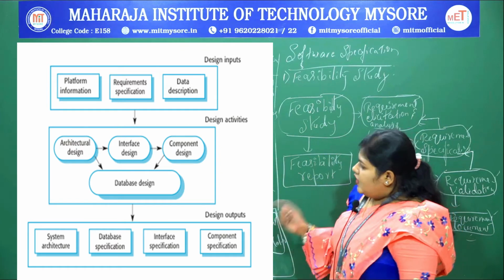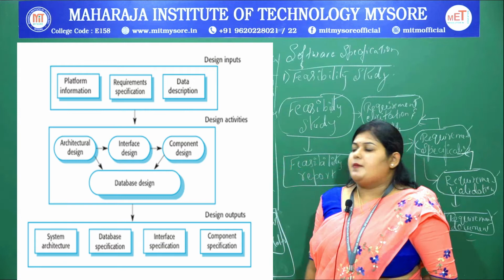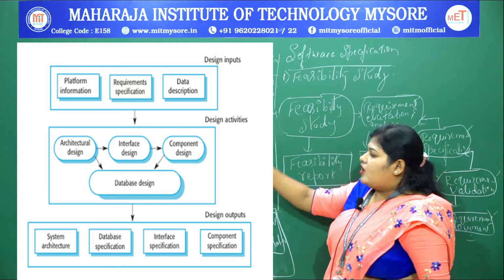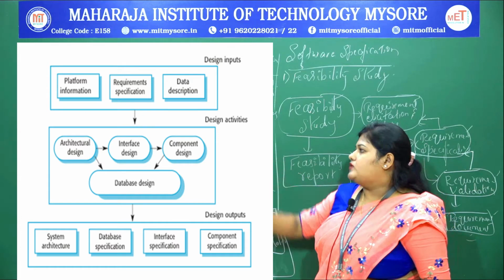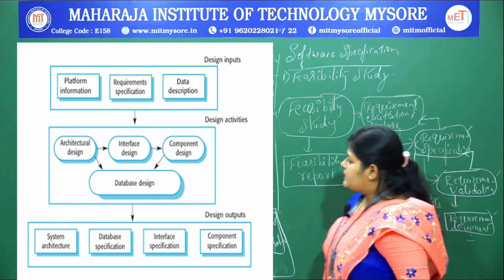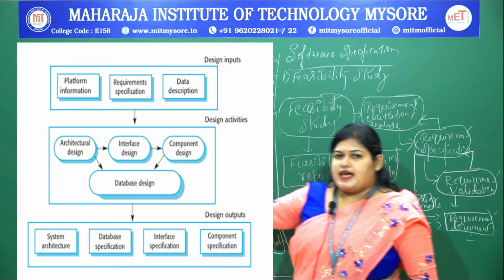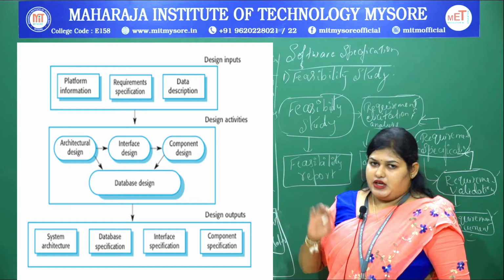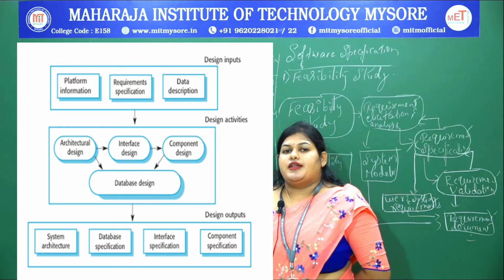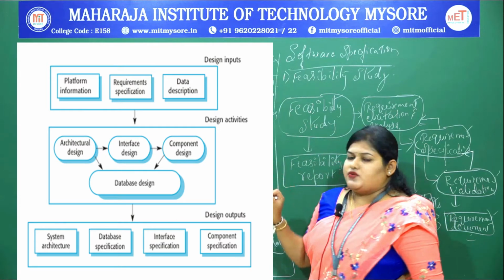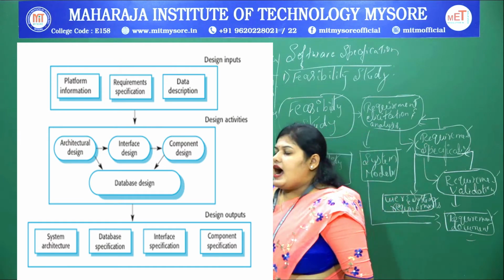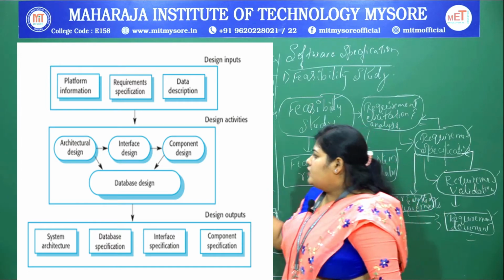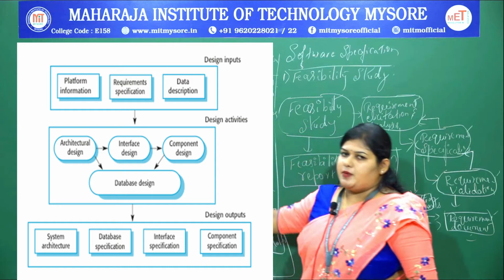In continuation to that, you will have some other subsystems. That is the main system, and in continuation we have the different subsystems. What are those? That is where your actual designing activities will start. Here we are just fundamentally taking the inputs. The next thing is you need to analyze what the actual task will be. That is the architectural design, interface design, and the component design. Altogether that will deal with the database design.